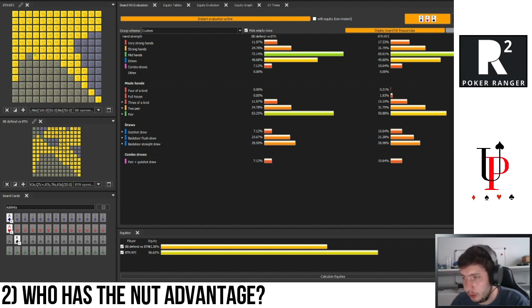Perfect example. I'm going to show you two examples within the Poker Ranger to demonstrate what nutted advantage is and how we can distinguish whether or not we have it or whether or not our opponent has it. It ties in nicely with equity advantage, but there are some times where the equity advantage is going to be better for one player, but the nutted advantage is relatively similar. Perfect example of that is that if the small blind three bets versus the cutoff, and the flop comes down Queen Jack 10, you might initially think that's a really good board for the small blind, but the ranges are